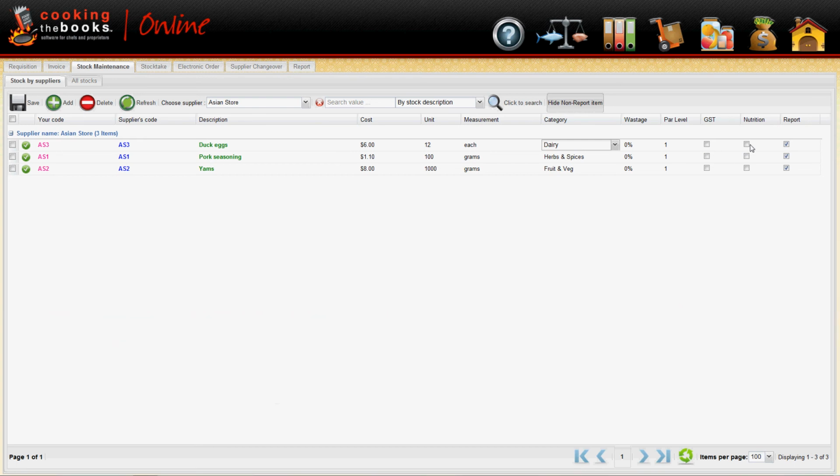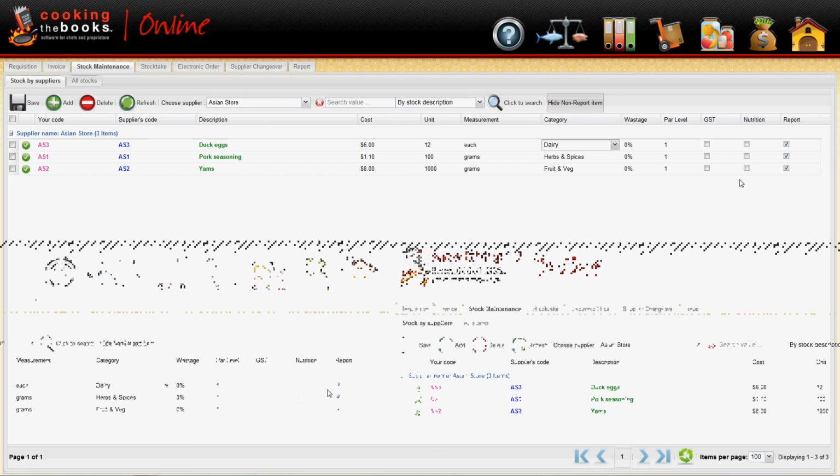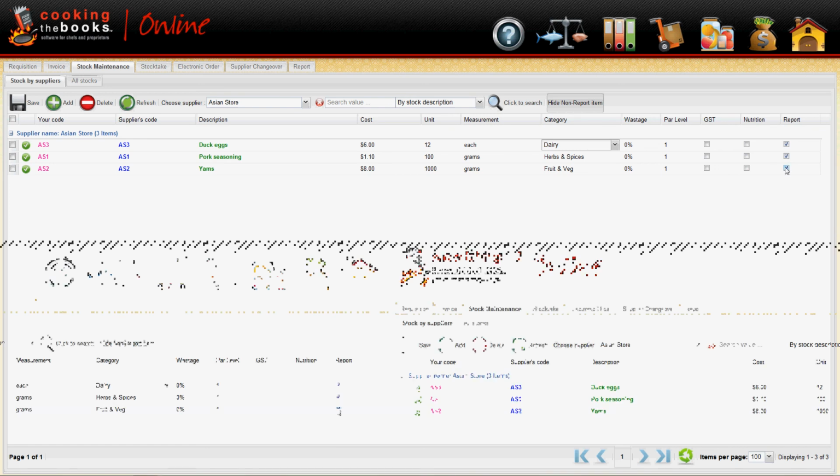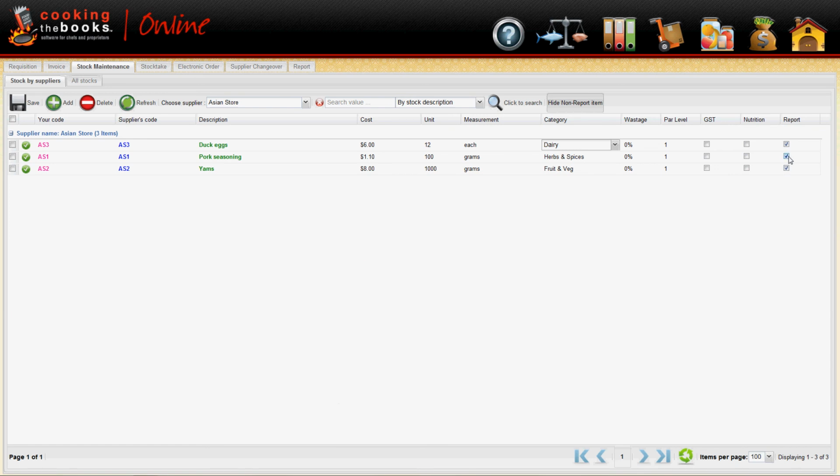And you can also link it to nutrition, which we'll look at a little bit later. And the report tick means that it will come up into all the reports. So basically, if you're not using the product anymore, you can take the tick off, and when you do enter that code again, it will self-tick itself. So this is to do with the stock in your system. The better this is put into the system, the easier it is to use, and the better the reports are